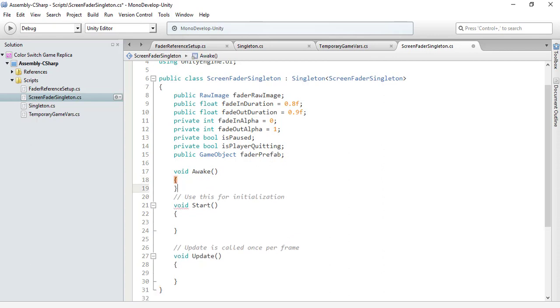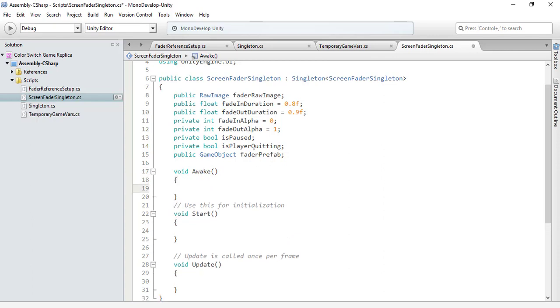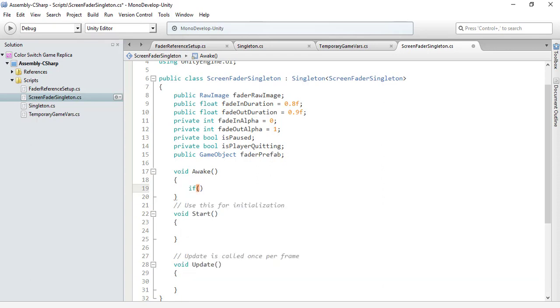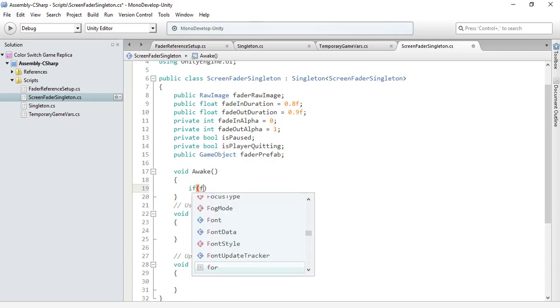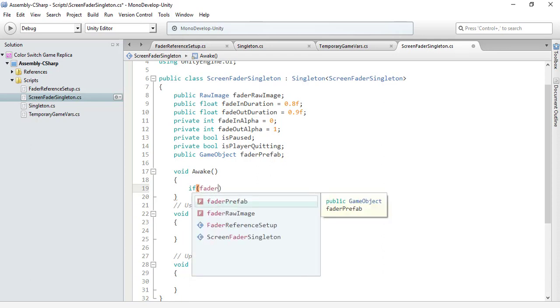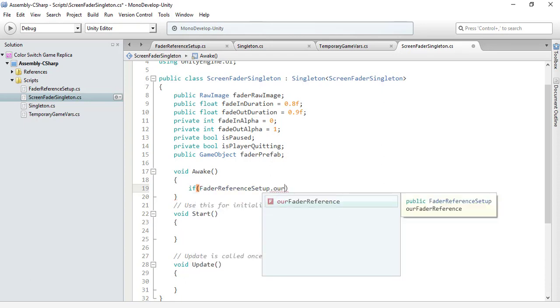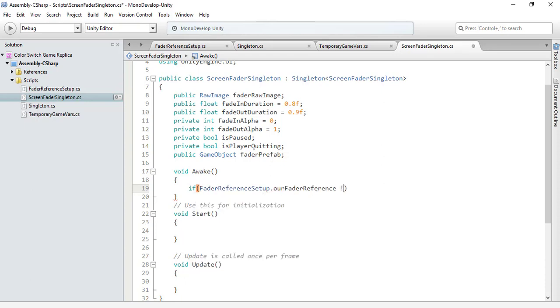Okay, so Awake is called before Start, you can say even when the script is not enabled. In this Awake method, I'm going to check whether we have set our fader reference or not, like the fader reference setup class, is it set or not? If it's not equal to null,